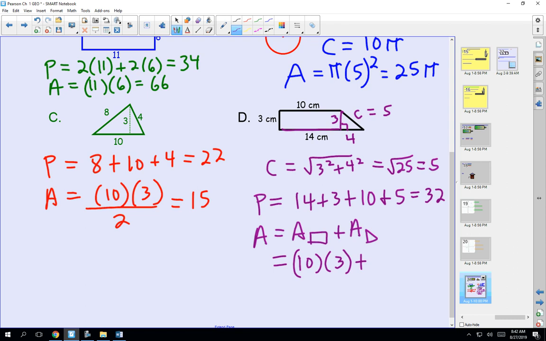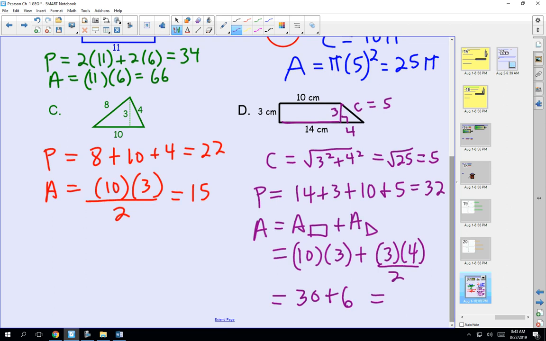And the area of the triangle would be base times height. Now in a right triangle, the base and height are the legs of the right triangle. So base and height are 3 and 4 divided by 2. So I've got 30 plus 6, which is 36